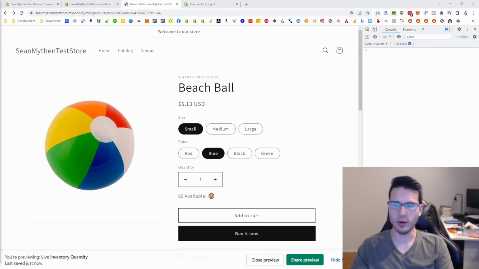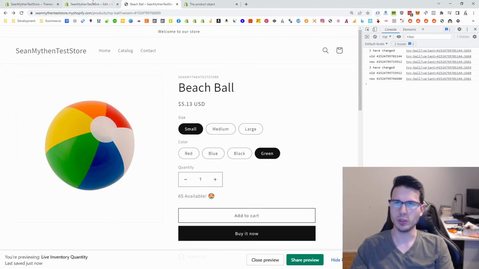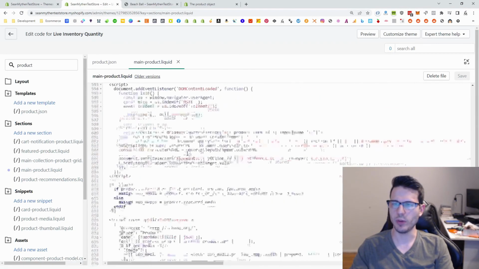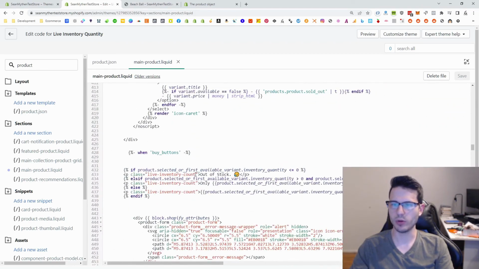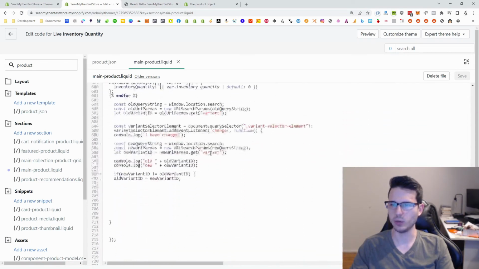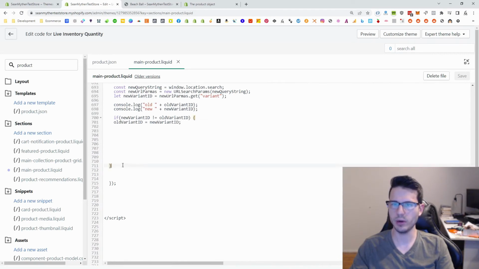All that's left to do now is to update this text based on a new variant selection. So let's go back to our code, and if you remember back in the beginning of the video, we created those paragraphs and we gave them all the class of live inventory count. So let's copy that class name, live inventory count, go back down to our JavaScript, and within our if statement